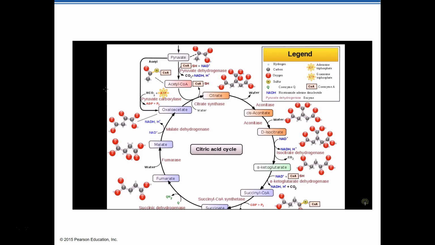But I want to just highlight the important steps here, just so you see it's the same thing that we talked